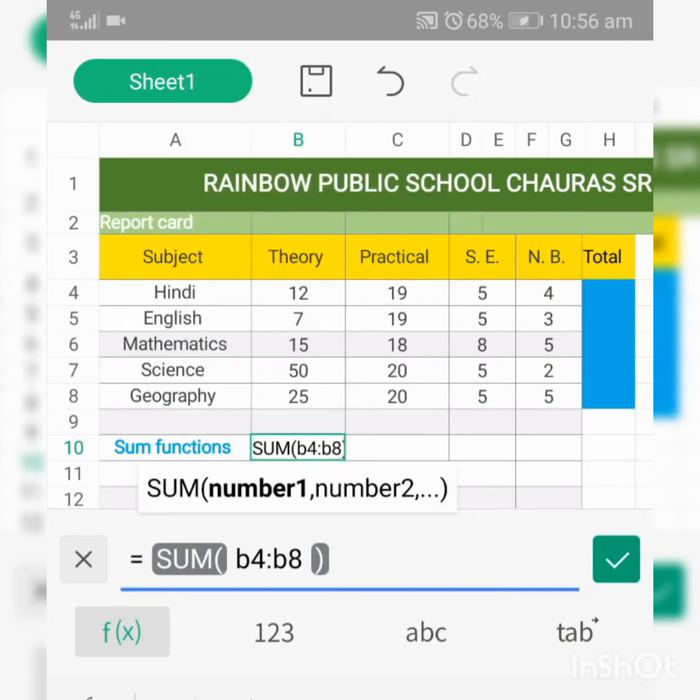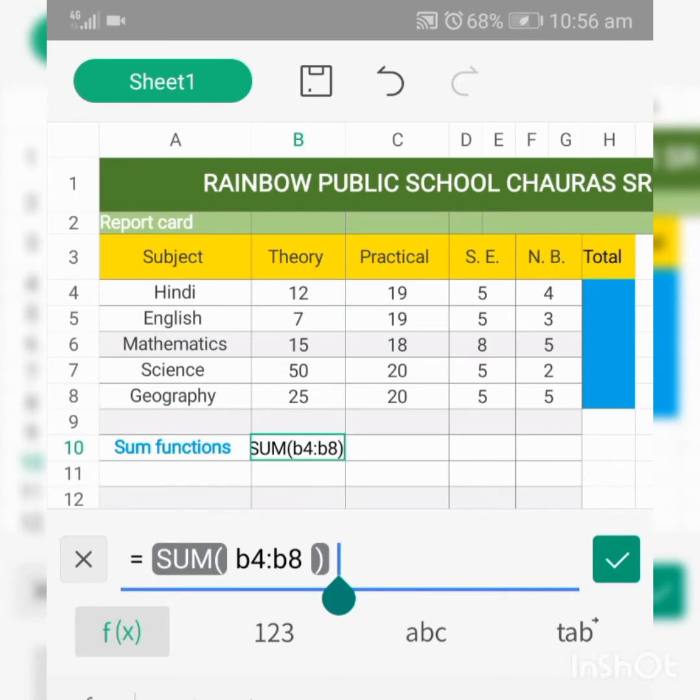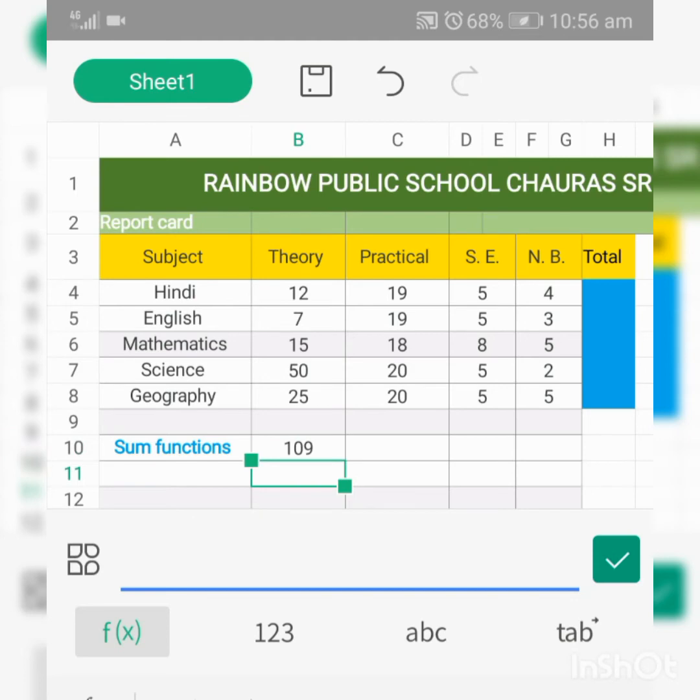For example, here that cell address is B8. You do not need to write the entire cell addresses B5, B6, B7. So after pressing the Enter key, you will get the addition of these entire numbers.